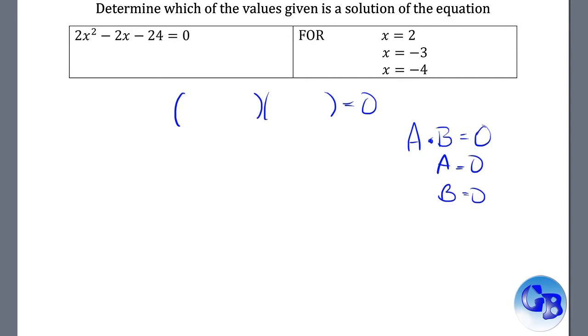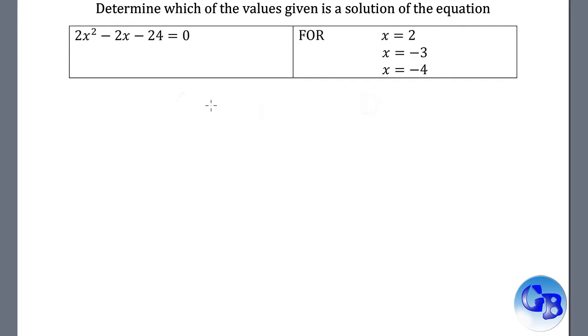So let's begin, and you will actually find out that this is easier and not as intimidating as it looks or sounds. So we have a problem here. 2x squared minus 2x minus 24,